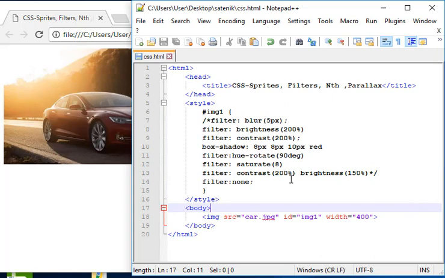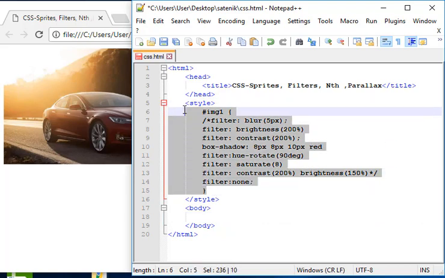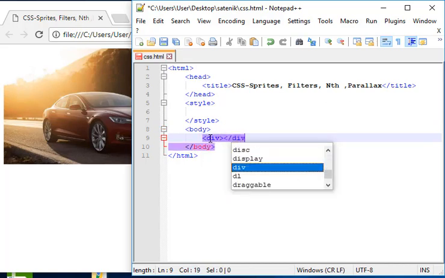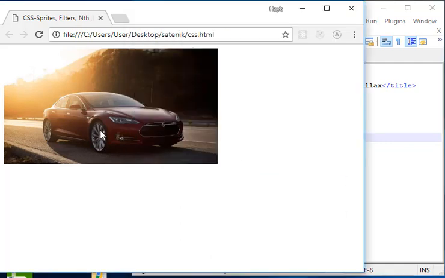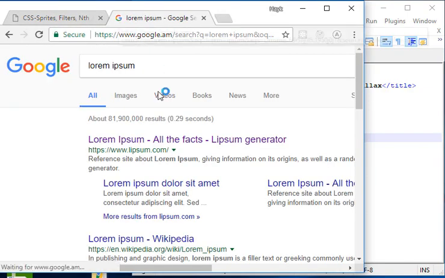So instead of our pictures, what we can do is we can do the same thing with divs. So let's get rid of this, we don't need it, and let's add in a div. So div, and let's give it ID dv1, for example, and let's also add lorem ipsum to it, which is basically some random text